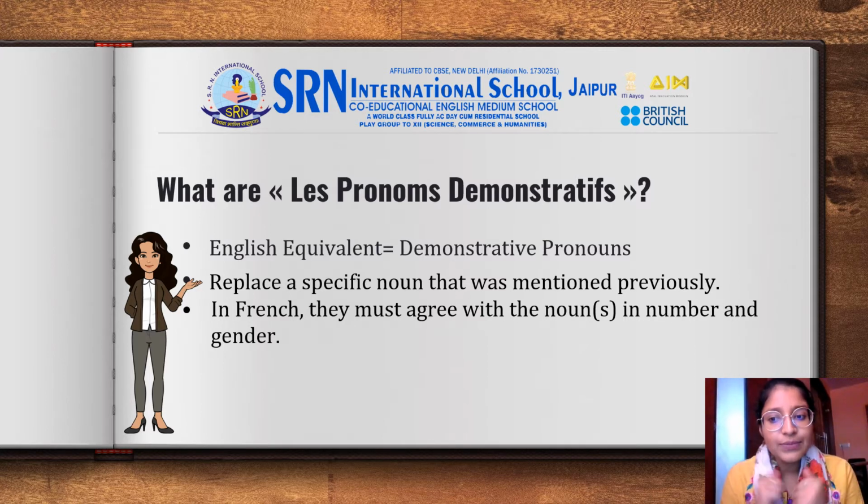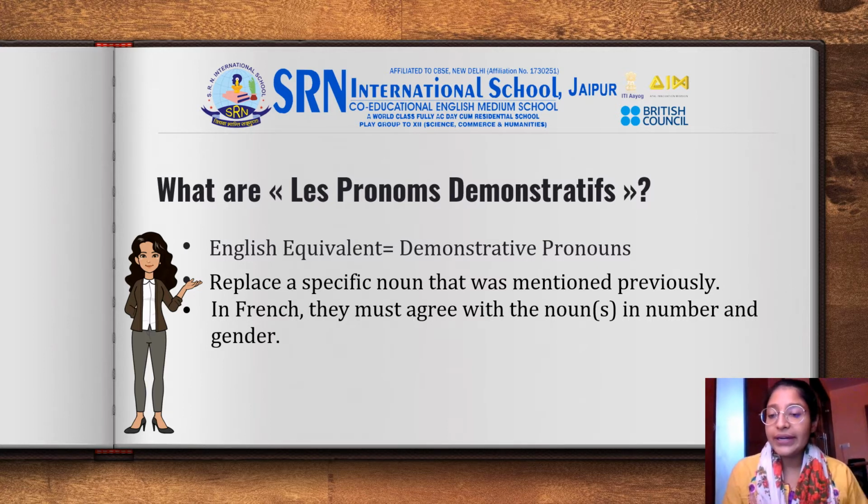Now, what are demonstrative pronouns? These are the pronouns that replace a specific noun that was mentioned previously. In French, it is important that these pronoms démonstratifs agree with the noun in number and gender. As you already know, in French every noun has a gender.